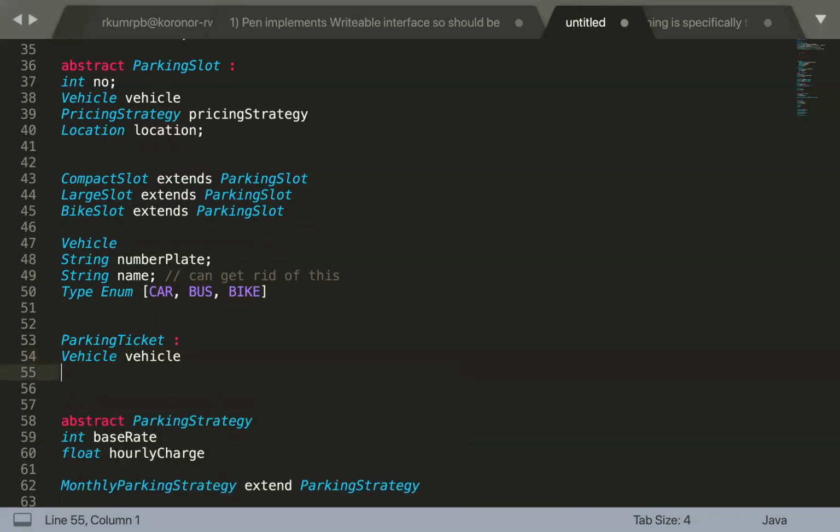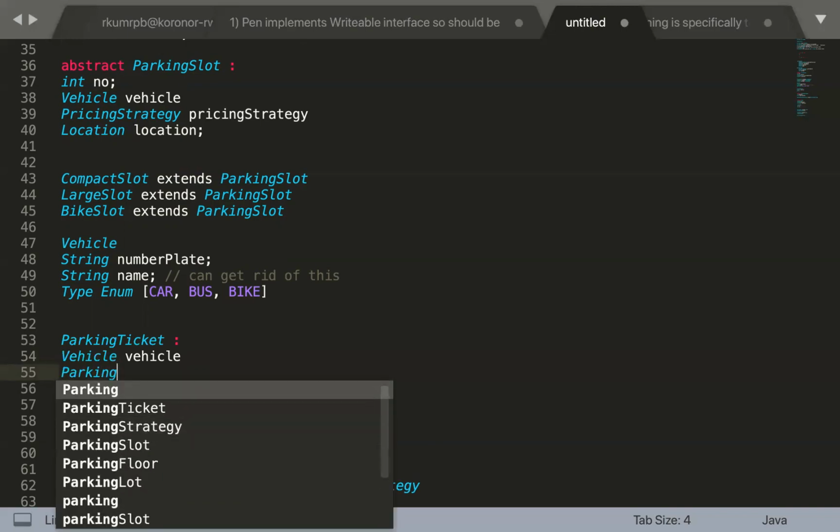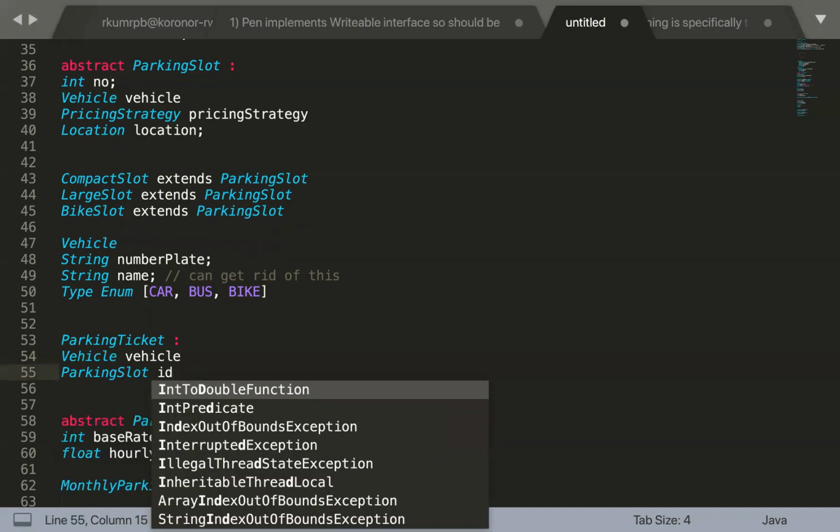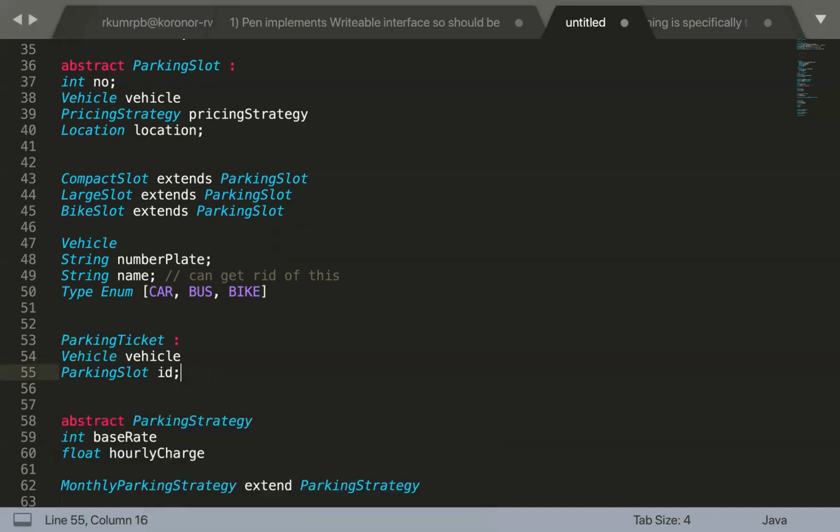Parking slot, so probably parking slot ID. What else? Or I think let's take the whole parking slot. It will have the vehicle information in it. हाँ नहीं देखो, location and pricing and all.